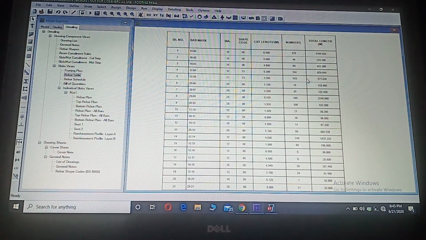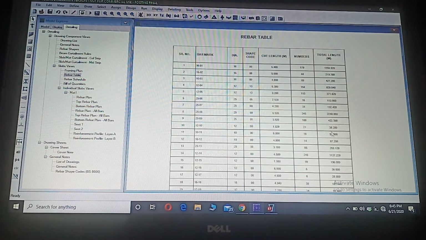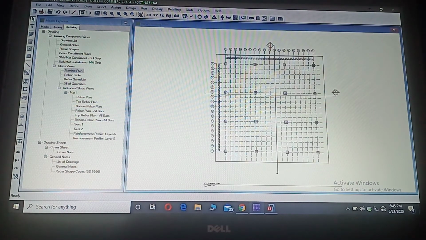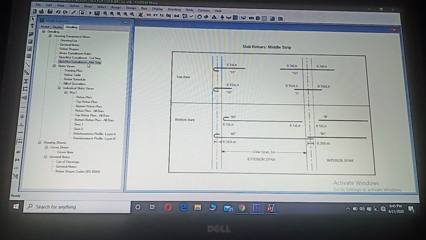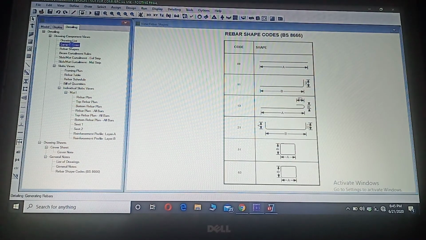Here the rebar table: diameter, shape code, cut length, number, total length, all the details are here. Here are different details of our foundation reinforcements, rebars, as you can see.